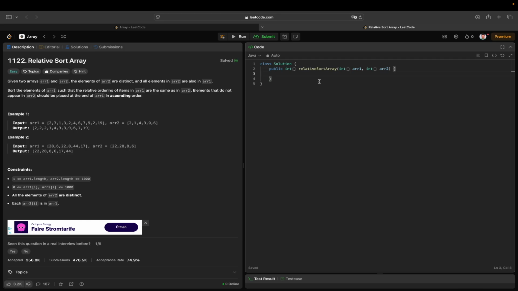Guys, welcome to day 12 of our coding challenge series, and today we are solving the relative sort array problem. Given two arrays, array 1 and array 2, the elements of array 2 are distinct, and all elements in array 2 are also present in array 1. Sort the elements of array 1 such that the relative ordering of items in array 1 is the same as in array 2. Elements that do not appear in array 2 should be placed at the end of array 1